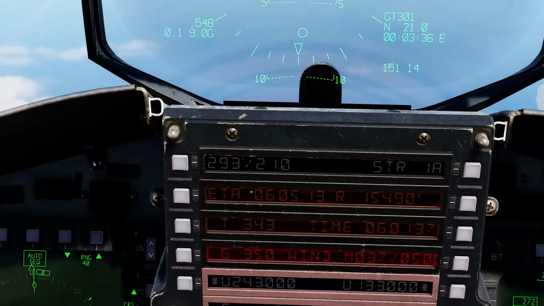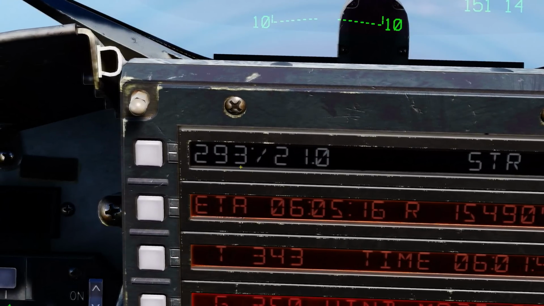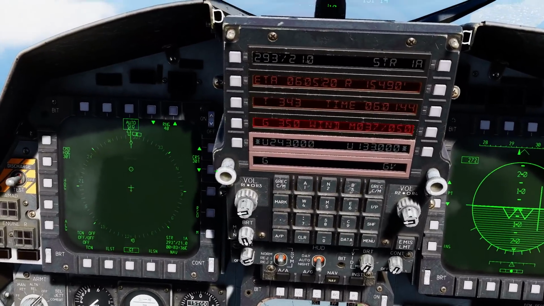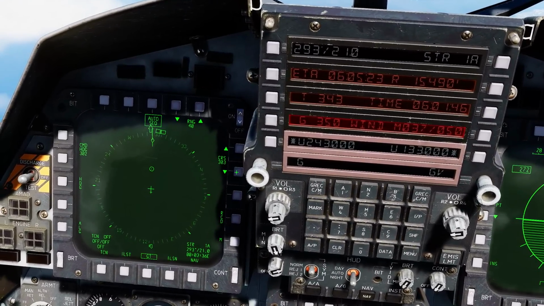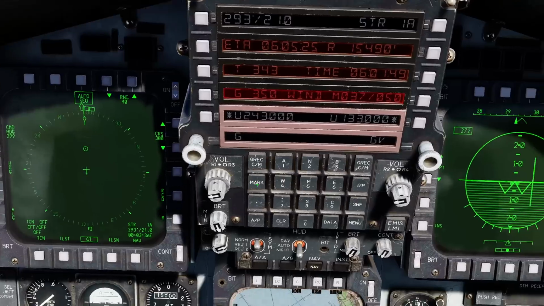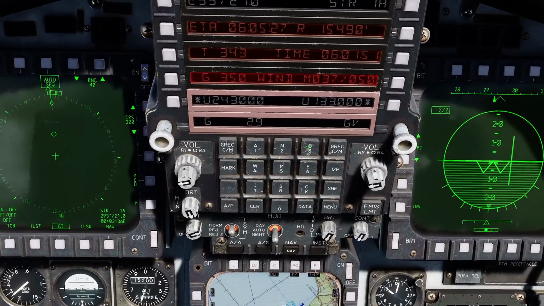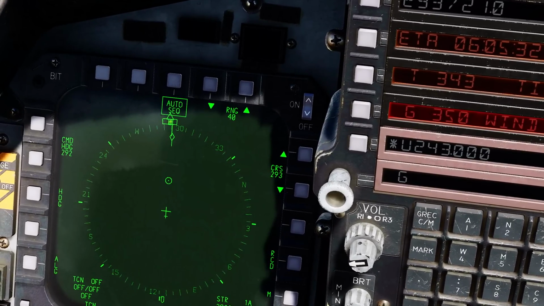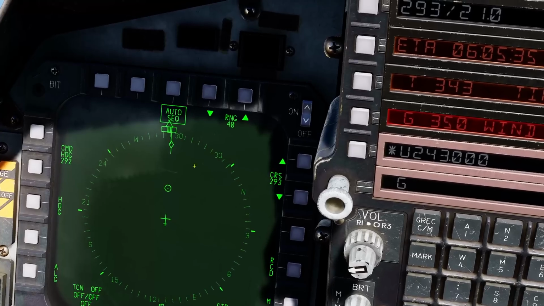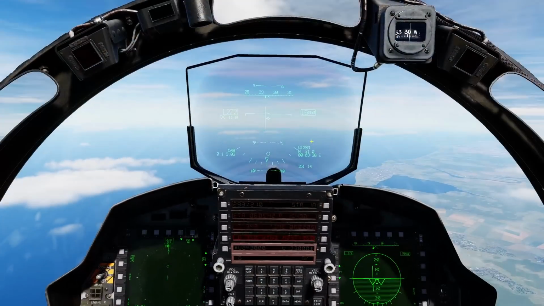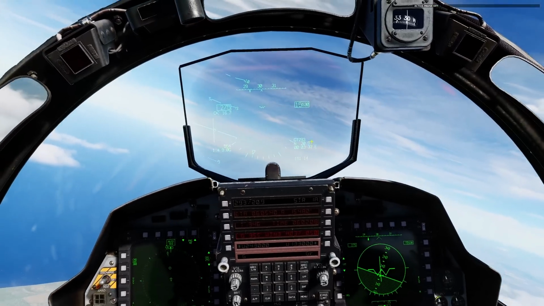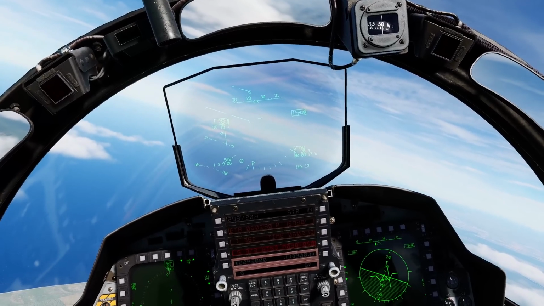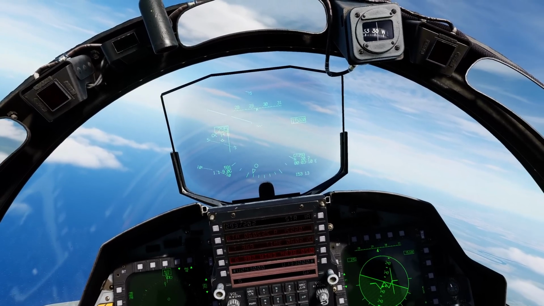And we know, because we're in data 1 here, that is a vector of 293 degrees. So let's enter 293. We can either increment like that, or we can, from the scratch pad, 293, and push one of those buttons. We can see that the command heading bug or marker will change to that direction there. Now, if we unpause, and whoa, that's a big wind, we are going to fly again to the commanded heading